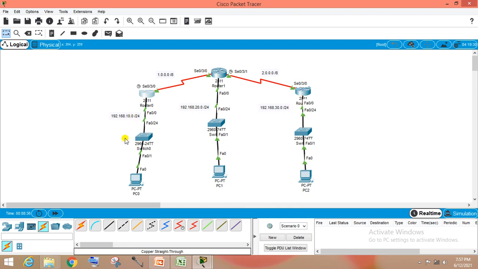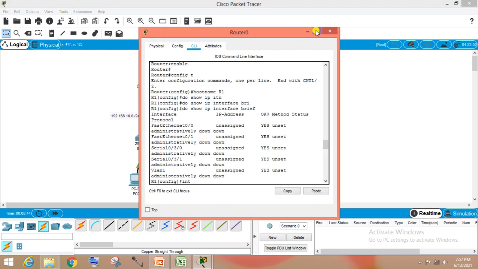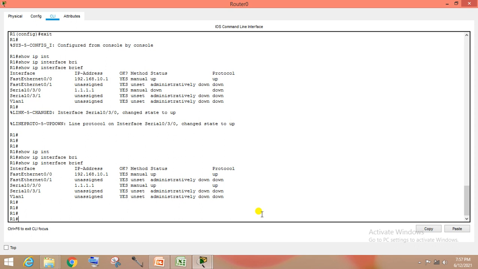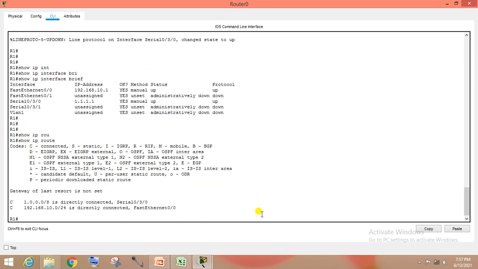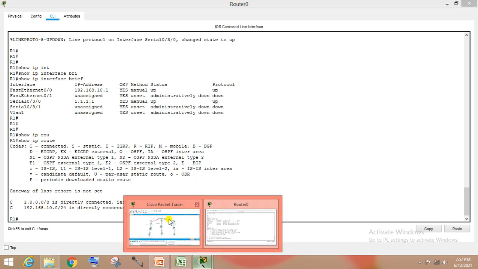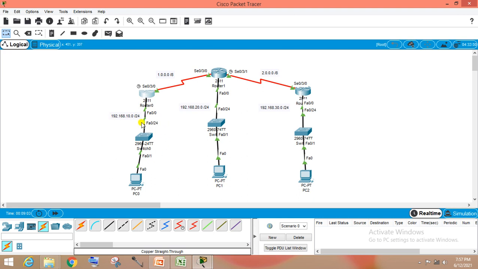Now, after all interfaces and protocols come up, I am logging into the first router and showing you the directly connected routes here. If you check show ip route, you see only two routes this router knows, that is the 1 network and the 10 network. It knows only the directly connected routes. Router 1 knows only this network and this network. This router doesn't know what this network or this network is.